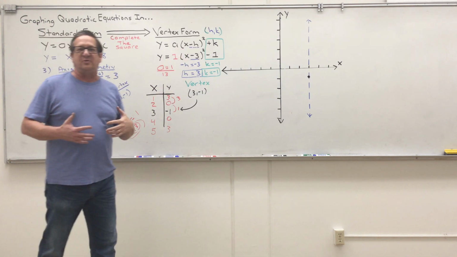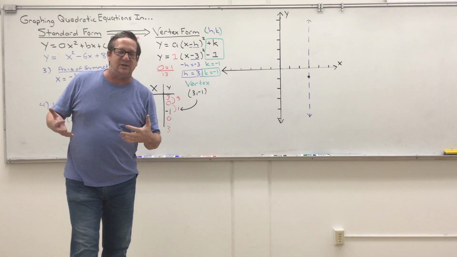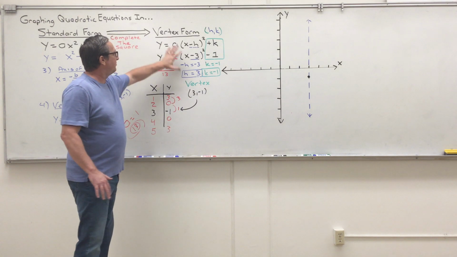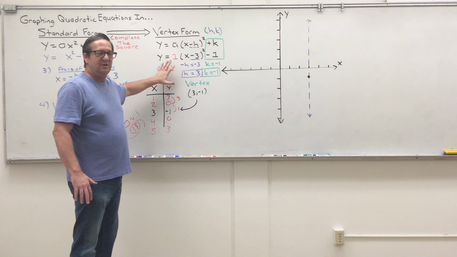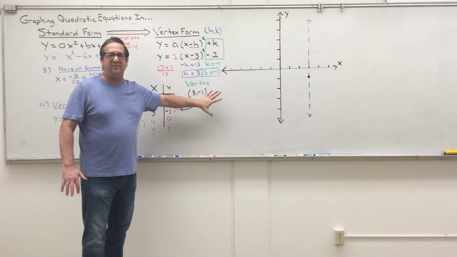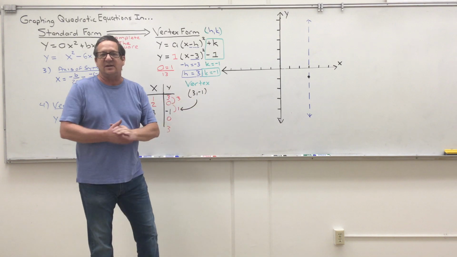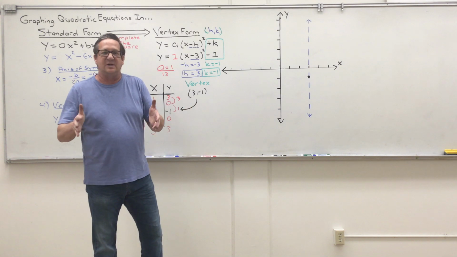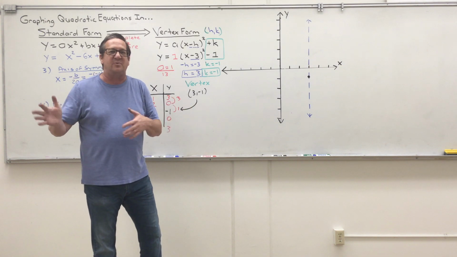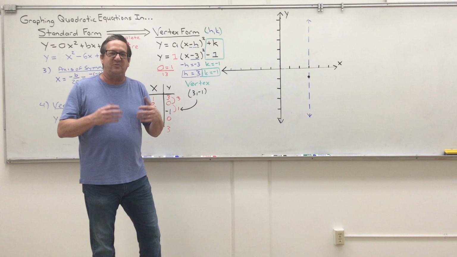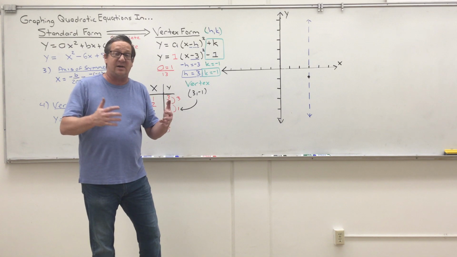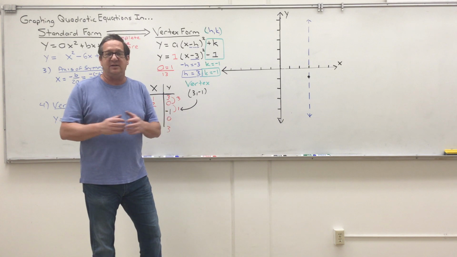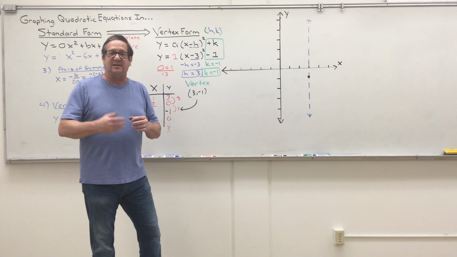What I'm going to do for this assignment, and what we're going to do in part 2 of the video, is I'm going to give you 4 problems in vertex form. We're going to put them all on one big graph, and then you're going to get your assignment. I think I'm going to give you 8 graphs total, 4 for Monday through Wednesday, 4 for Thursday through Friday. They won't take long to do. You'll be able to put all 4 problems on one graph. Do that twice. And that is going to be our set of problems for the week,